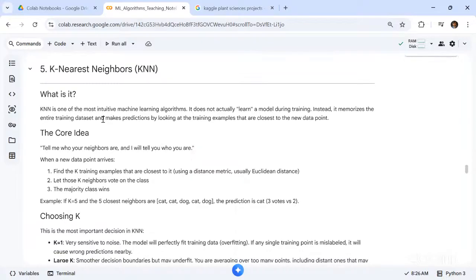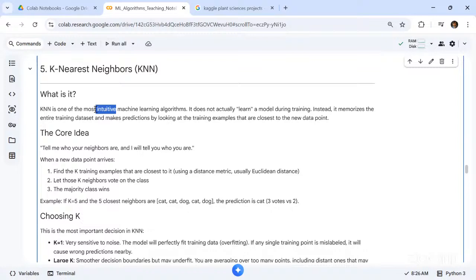K nearest neighbor is one of the most intuitive machine learning algorithms. It does not actually learn a model during training. Instead, it memorizes the entire training data set and makes predictions. And what is meant by an intuitive machine learning algorithm means you can guess